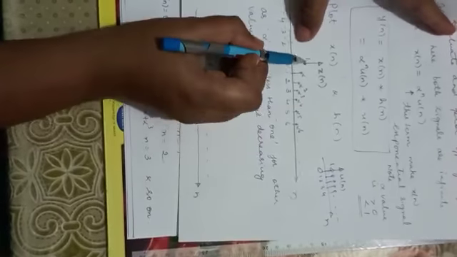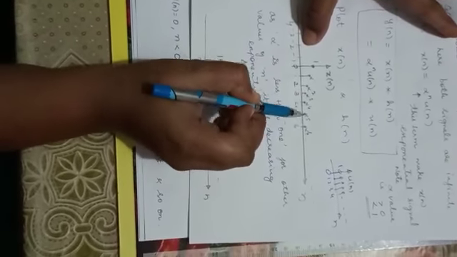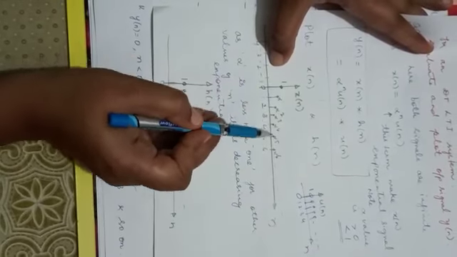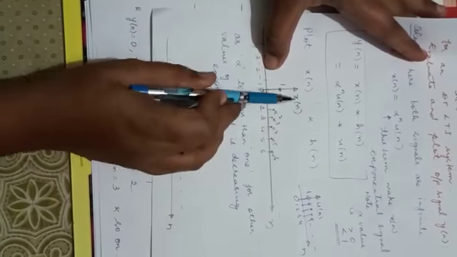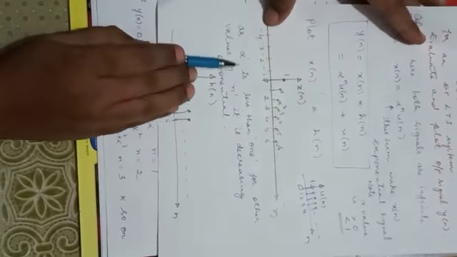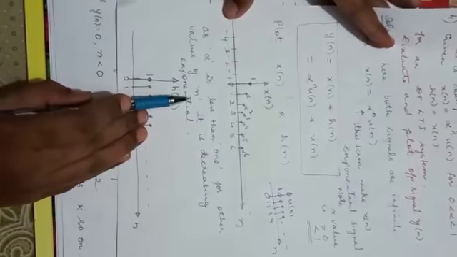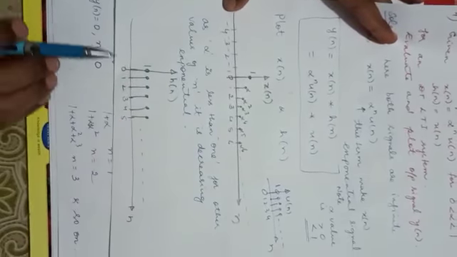Like that. I am writing this in decreasing order because in the question they have given what value alpha can take. Since it can take a value less than 1, we all know that when it is less than 1, it decreases exponentially. Because of that, I have plotted x of n like this. As alpha is less than 1, for other values of n it is a decreasing exponential. And plotting h of n, it is u of n, so I have plotted it as it is.